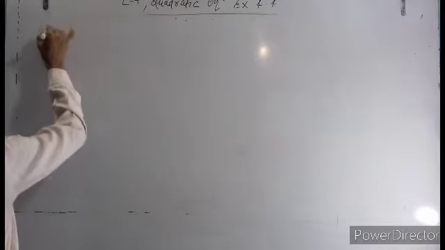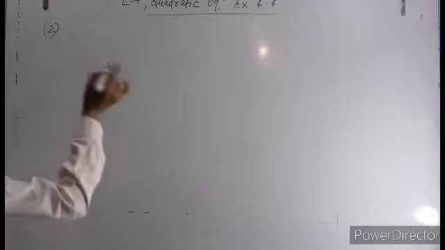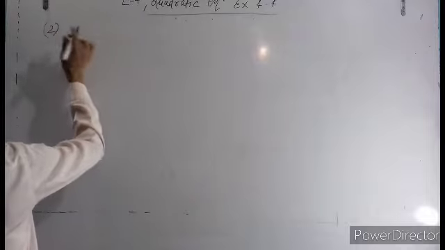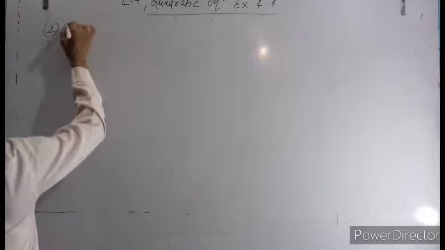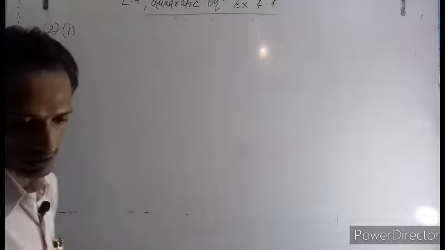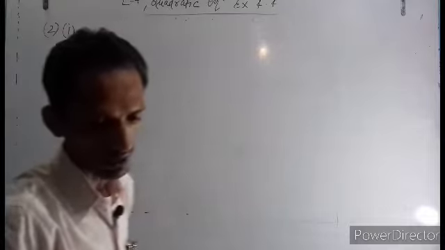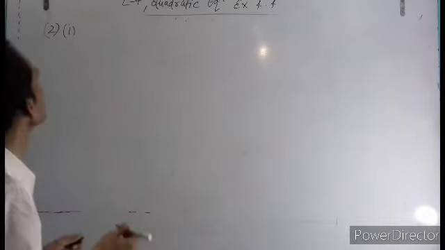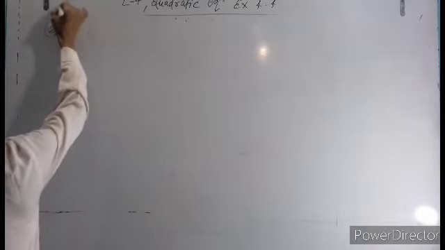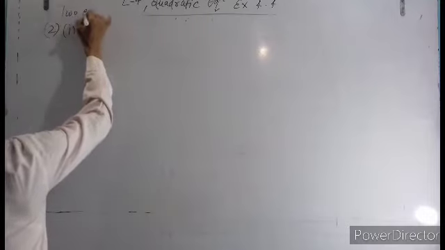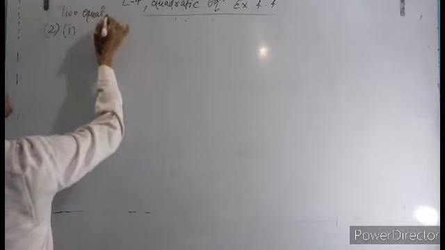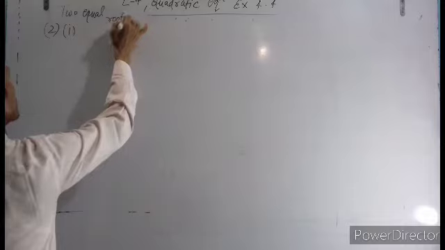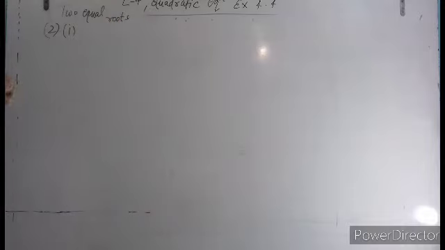Find the value of k. Second question. The remaining part you can do the same way. Come to question number two. First, what is the question given? Find the value of k for each of the following equations so that they have two equal roots. What is the condition? Two equal roots. This condition is given. Equal roots means the discriminant is equal to 0.